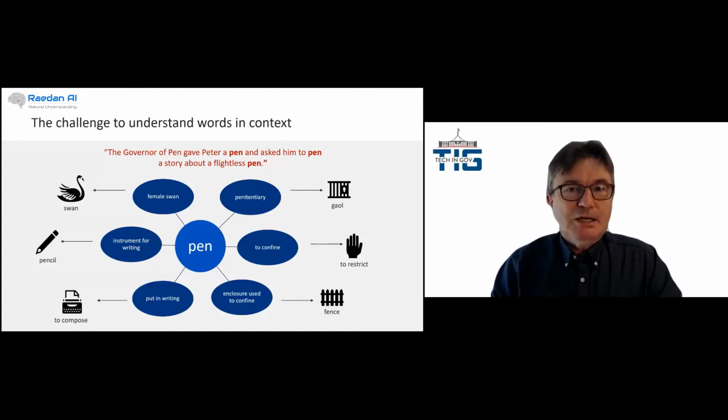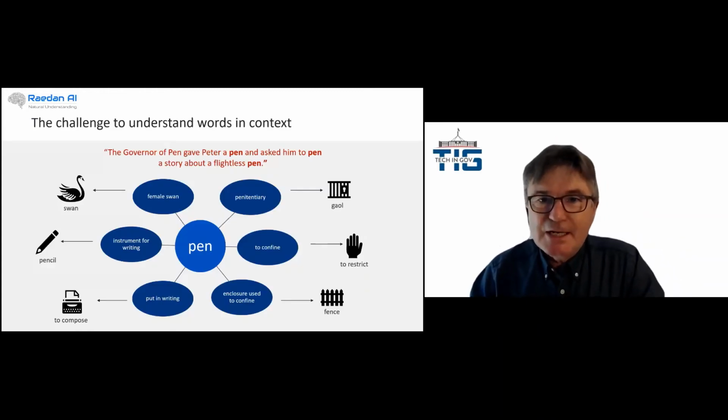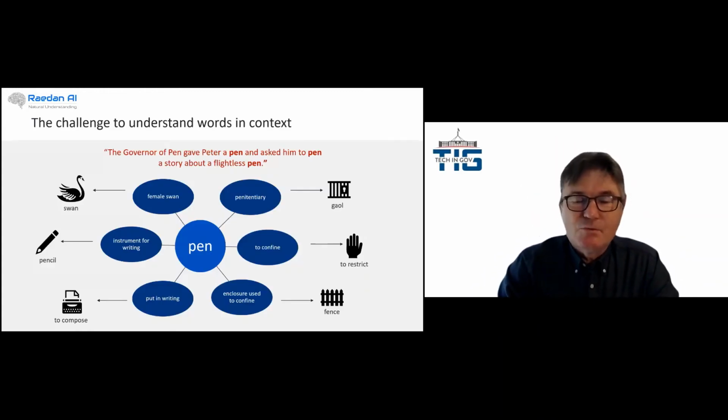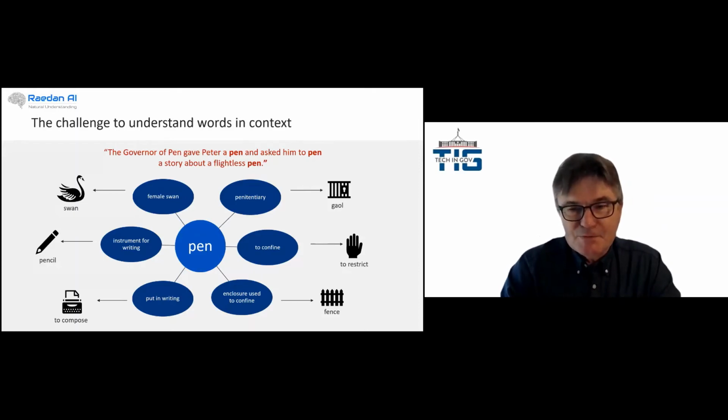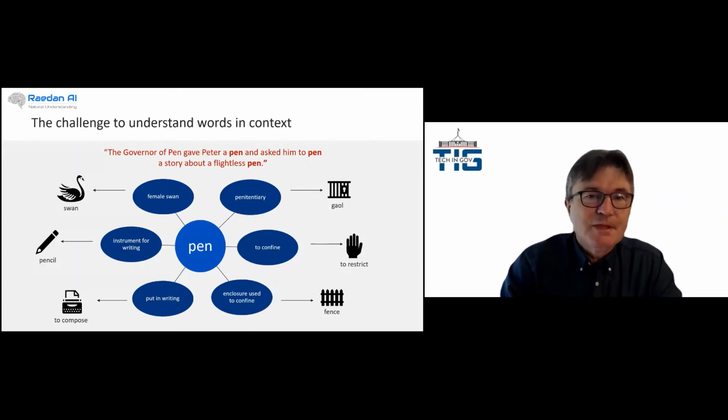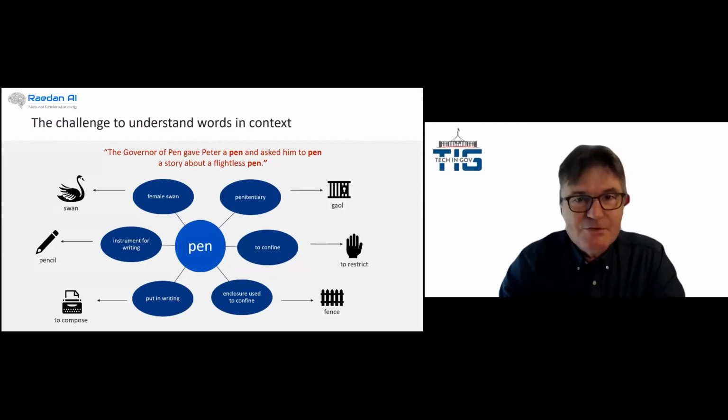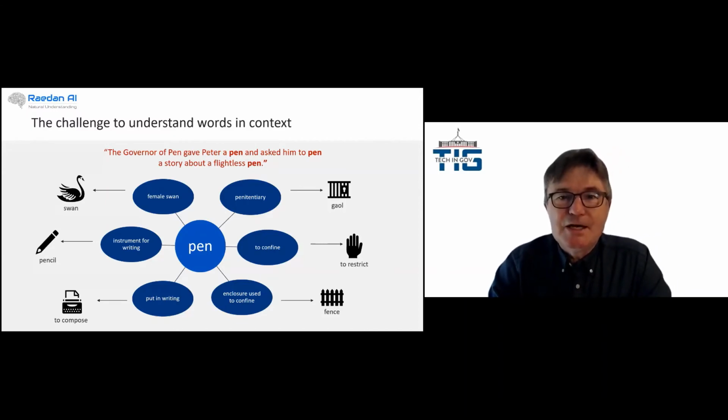The challenge in understanding language is the words, and the fact that in all languages, Italian, French, or whatever, we use the same spelling of a word with different meanings in different contexts. So you have here a little sentence that says, "The governor Penn gave Peter a pen and asked him to pen a story about a flightless pen."